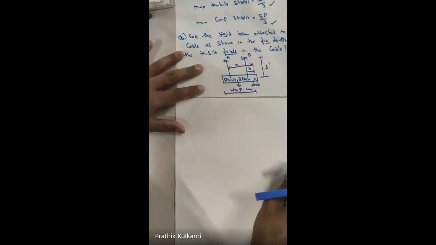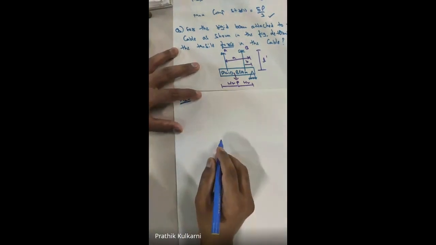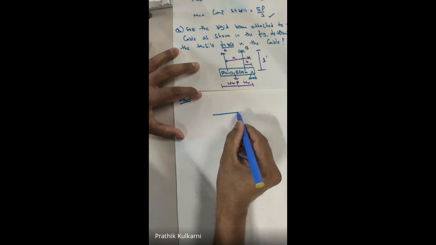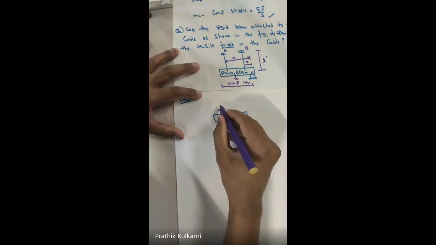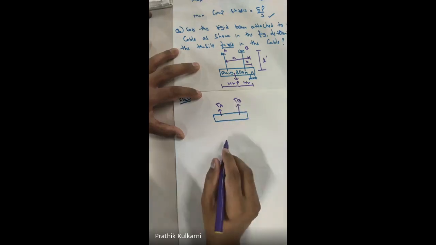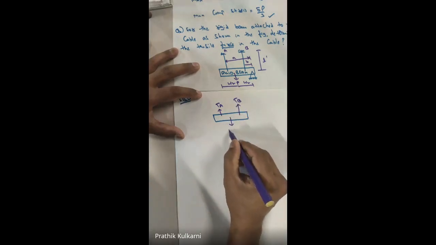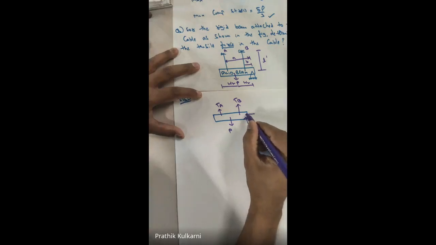First of all, as I said, we have to draw the free body diagram. First of all, draw the free body diagram. If this is my rigid beam, what are the reactions which are going to develop here? Here we'll have a tensile force TA. Here we'll have a tensile force TB due to the cable. We have a load P, and due to this support we have reactions. One will be vertical, the other horizontal.